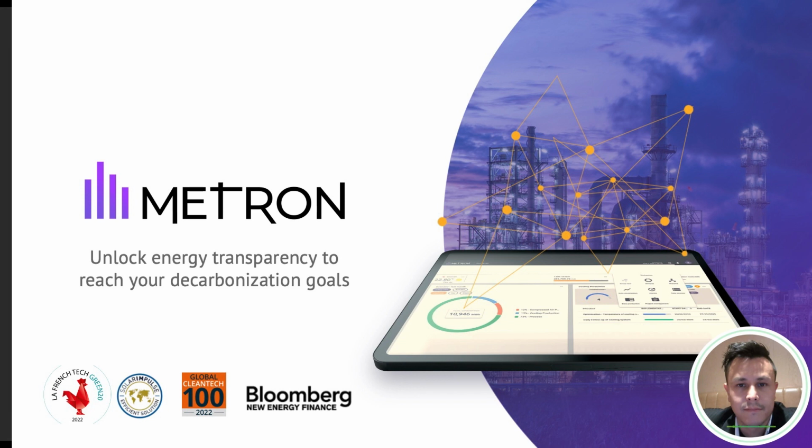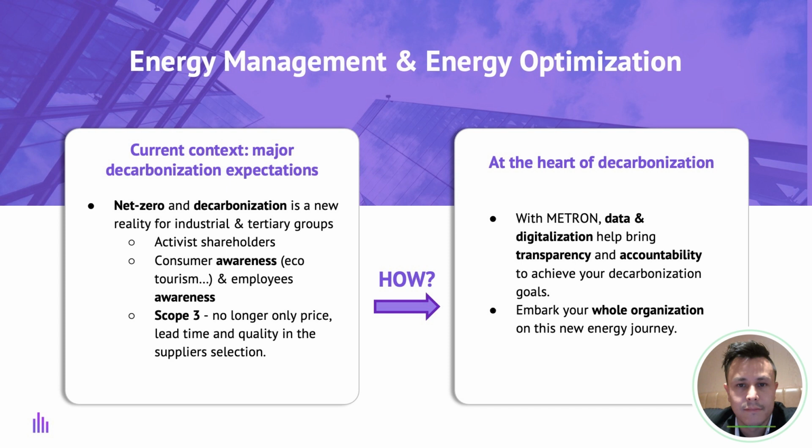Next slide, please. So this slide has already been talked about a lot by Thibault before, but today net zero and decarbonization is a real new reality for a lot of our industrial clients or tertiary groups. He mentioned activist shareholders, and it's also coming to Japan right now. You have a lot of consumer awareness, whether in B2B or B2C, and also employee awareness. And recently, especially in B2B for our industrial clients, you can see that they face an amount of pressure from their own clients